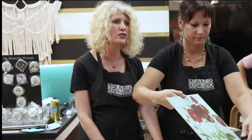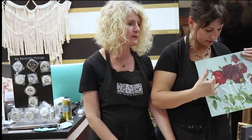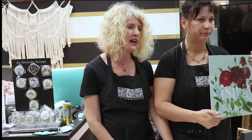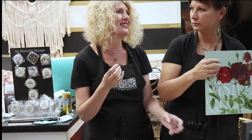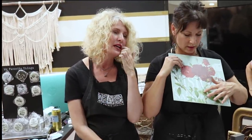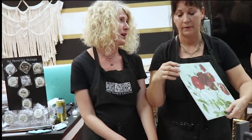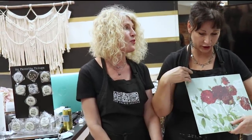The transfers also already have a distress built into the design, so they're fine as is. But when you distress them, it kind of melds with the piece a little bit and the grain of the piece comes through. So I always like to distress mine. Another way you can achieve a distress, if you want to, and it's just a different look, is...